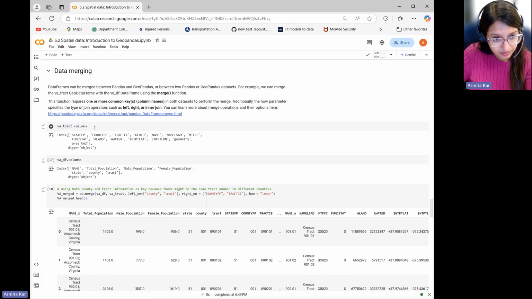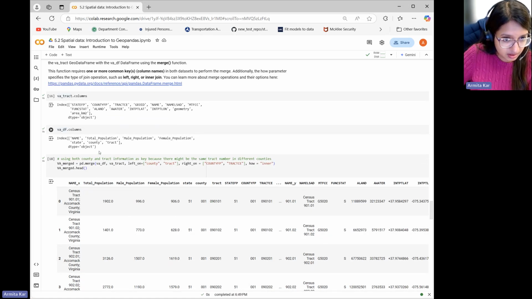And to identify the column keys, here I first printed all of the column names from VA tract and also the census data. And you can see that we have the state keys common, county keys common, and then tract keys common. Here's the tricky part. You can just merge them probably based on tracts. But in that case, some of those tract numbers might be the same for different counties. So there might be some mismatches. So instead of using only the tract number, you can use both county and tract number as common keys and